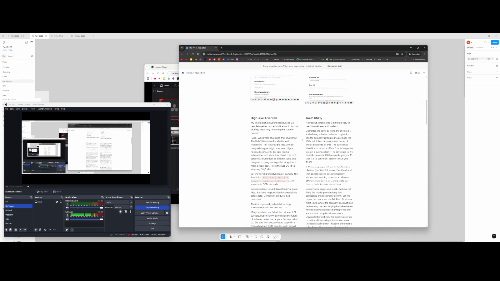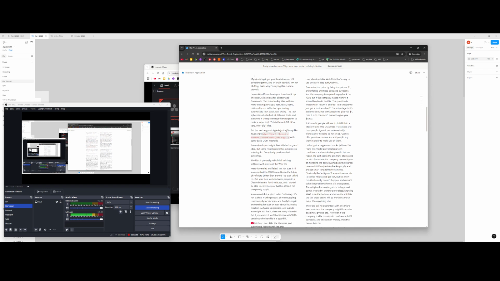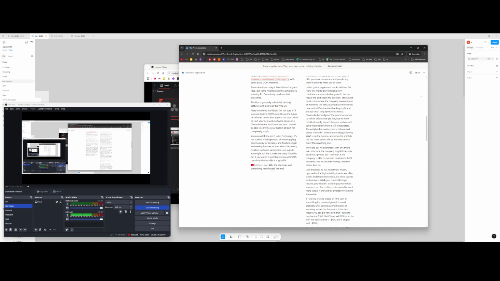I talk about the web OS, talk about how I was a WordPress developer. It's a big idea that's basically integrating all of the things that software currently does, and it starts out very small. I have a working prototype that's basically like this one line of code. There's arguably pseudocode, but there's a lot going on here. I linked to a video. They asked for a pitch video. I don't have a pitch video, but I have an hour-long rant about, I titled it Life, the Universe, and Everything, but it's basically just an introduction to me.